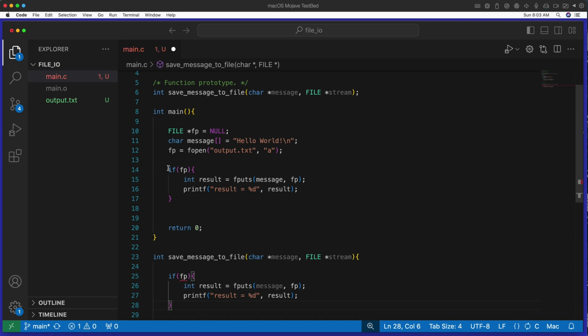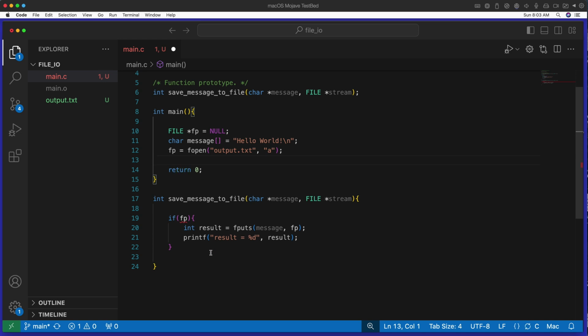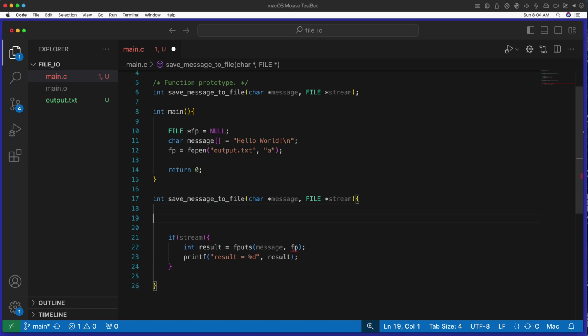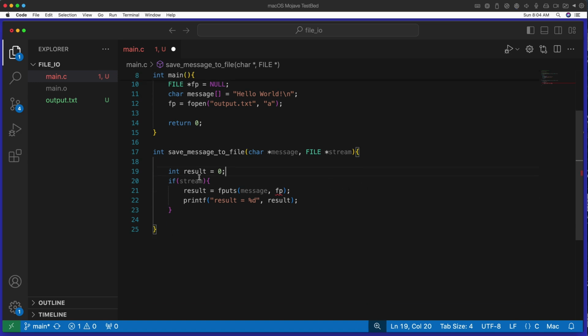So let me just get rid of that. Now we might have to rework this just a bit. So if stream, here I'm going to call it stream, then actually what I'm going to do is declare this int result equals 0 outside because I need to be able to return it. All right, so we've got int result equals 0. If stream,